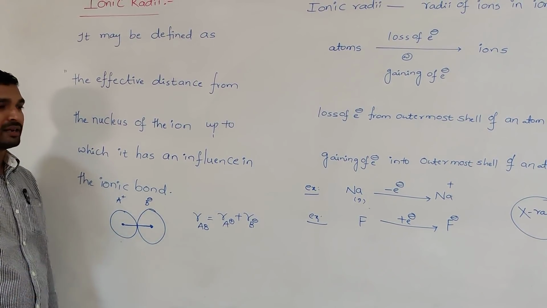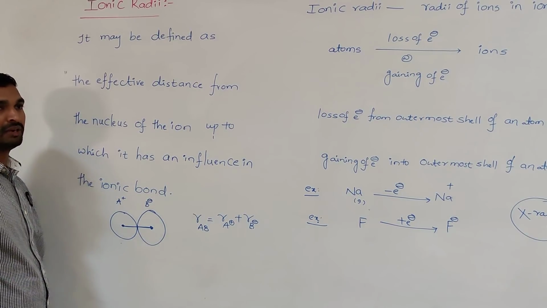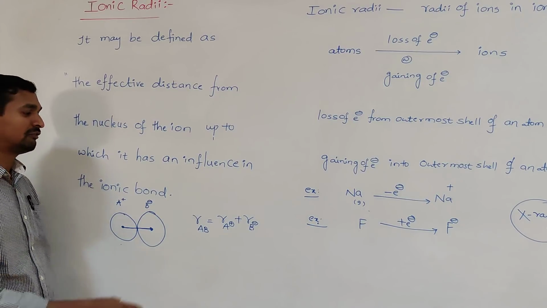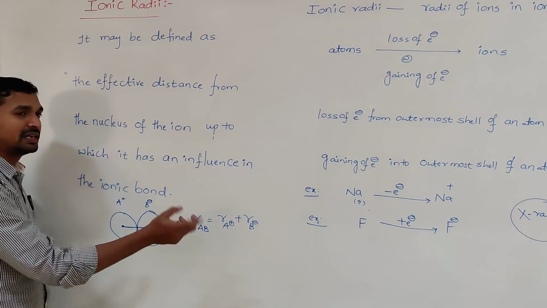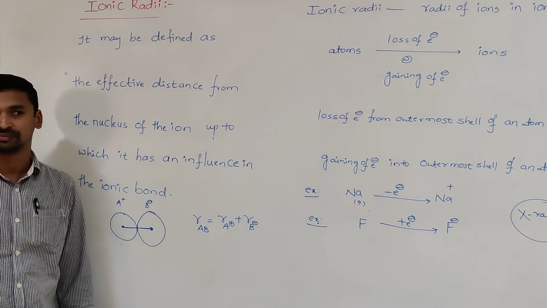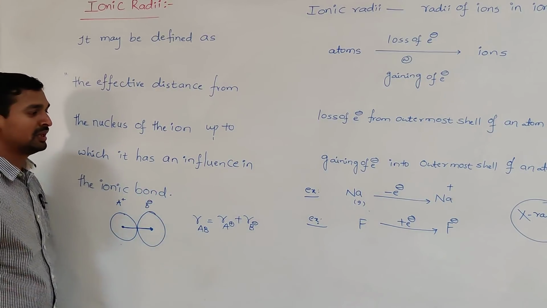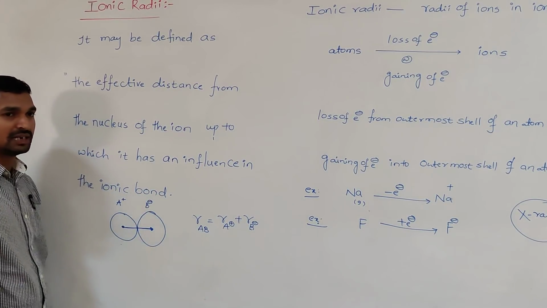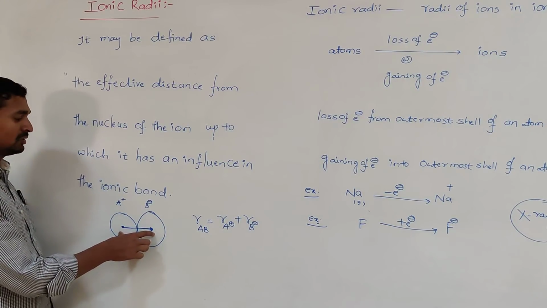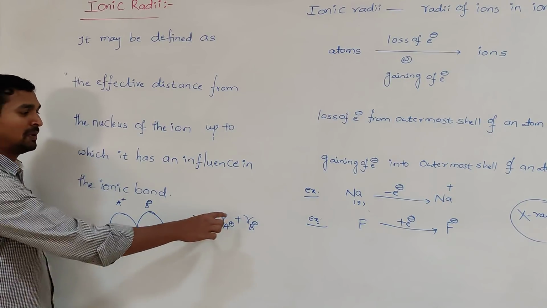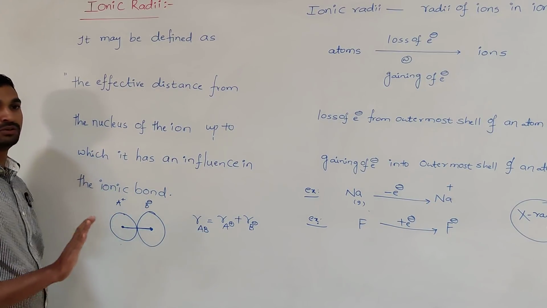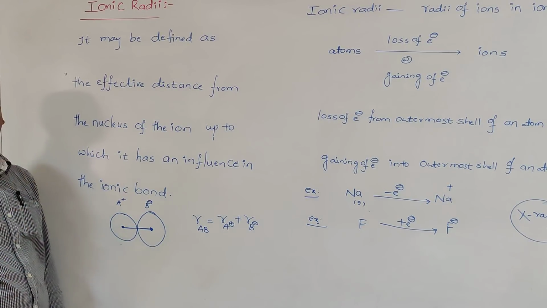So how do you calculate the radius of the cation or anion? Because definitely we need to know any one. Several methods have been proposed by different scientists to find the radius of the cation or the anion. That is beyond the scope of your knowledge at this moment, so I don't want to go into detail about those methods. What you can remember is, first we can calculate the internuclear distance between the two oppositely charged ions, and by knowing the radius of either cation or anion, it is possible to determine the radius of the other ion.